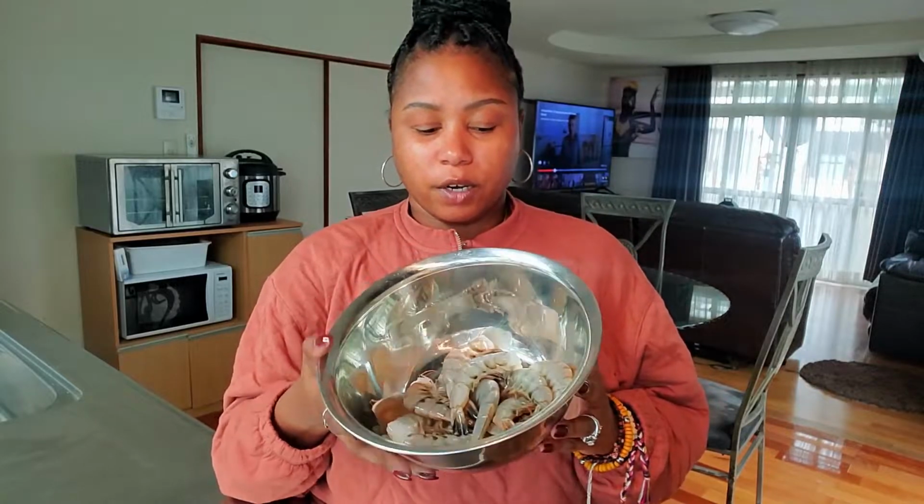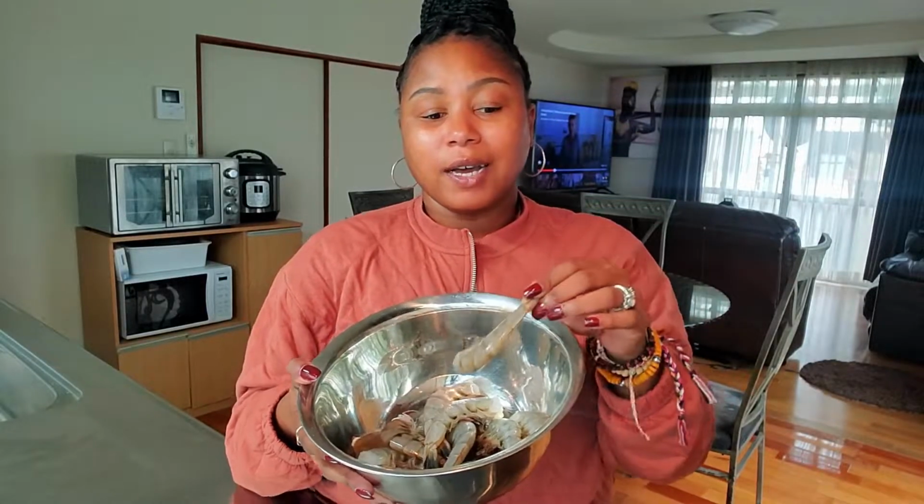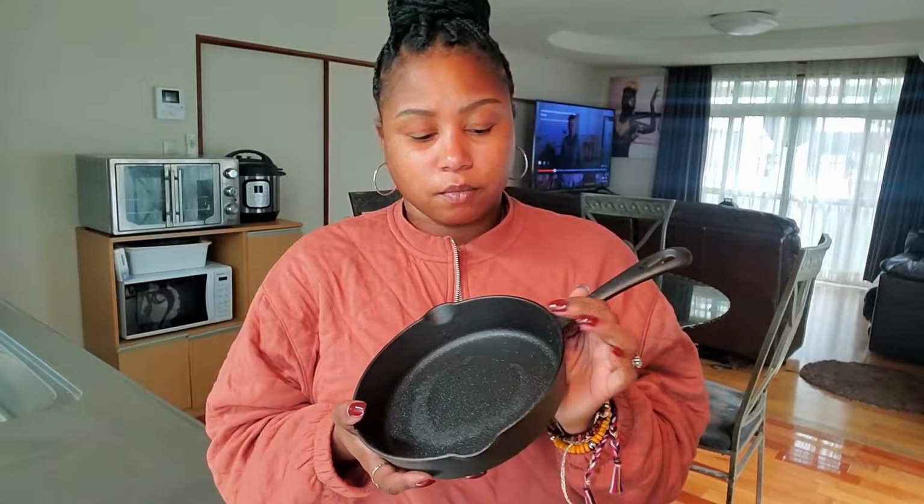They have the shell on and the tail on, so we're going to peel. And you don't have to devein them. I'm going to devein my shrimp because I don't like the vein inside of the shrimp when I eat it. I just don't like it. But if you want to keep it in, you can. Usually the recipe calls for a clay pot, but unfortunately I don't have a clay pot,